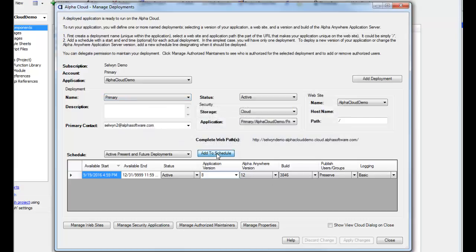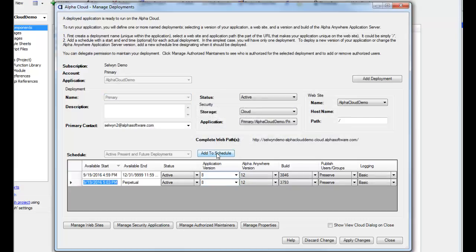So when you schedule a deployment, you can specify when the deployment should start and end. Typically the deployments start with the current time and they are perpetual, but you might want to just deploy a new version of your application at 2 o'clock in the morning when there are no users on your website. So there's a lot of flexibility around scheduling deployments. So right now we'll schedule this new deployment, but we'll roll back to version 7 of our application,